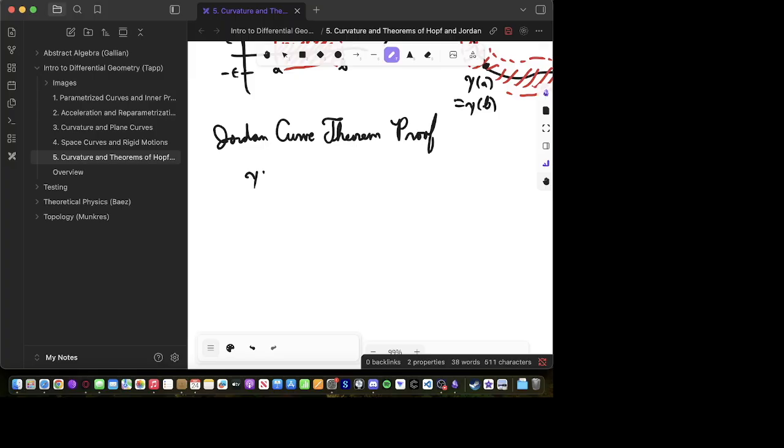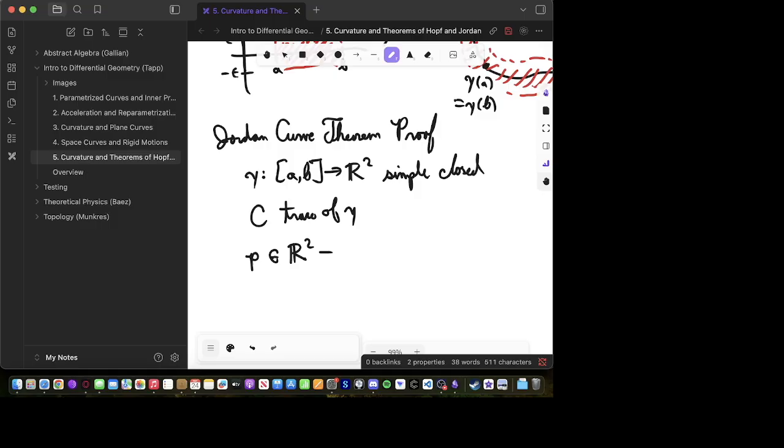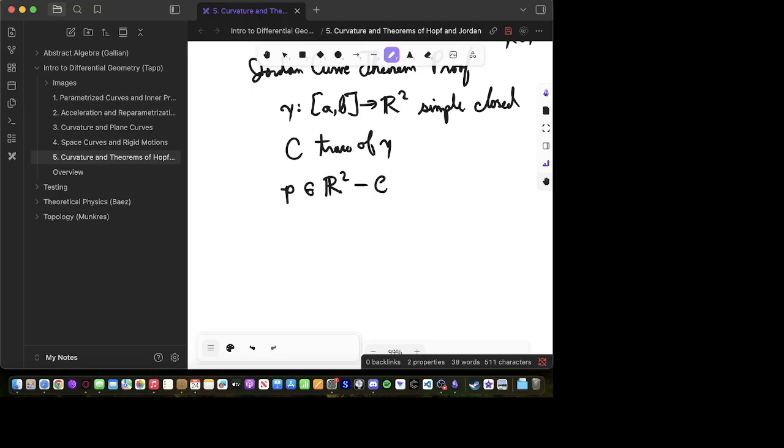let's start from the basics. We have a simple closed plane curve, gamma, and C is the trace of gamma. So, let's say we have a point in the plane that is not in the trace of the curve. So, let's think up a function from an interval to the circle defined as